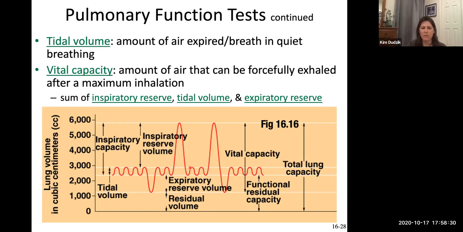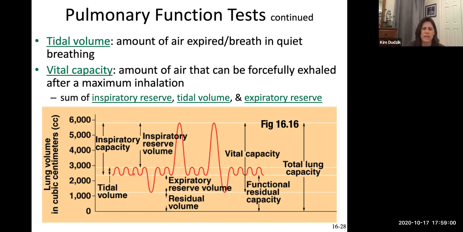Okay, and then after that big inhalation, they'll say now push as much air out as you can. Keep pushing, and you try to get as much air out as you can. So the extra air beyond your normal tidal volume expiration would be your expiratory reserve volume. Expiratory reserve volume is going down here. Here's showing also an expiratory reserve volume.